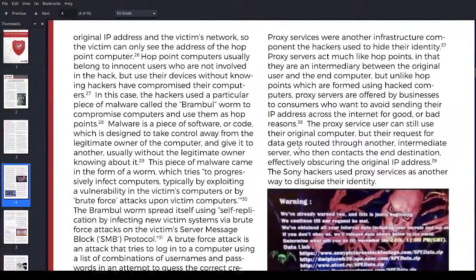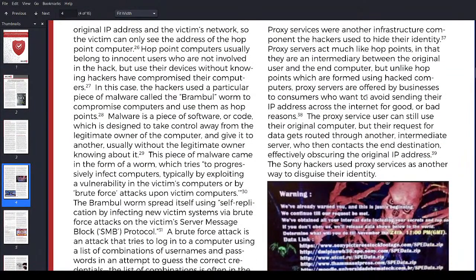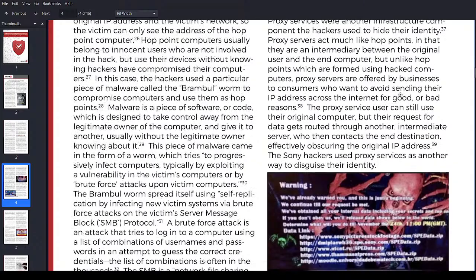So proxy services were another infrastructure component that hackers used to hide their identity. Proxy servers act much like hotpoints in that they are an intermediary between the original user and the end computer. But unlike hotpoints, which are formed using hacked computers, proxy servers are offered by businesses to consumers who want to avoid sending their IP address across the internet for good or bad reasons.